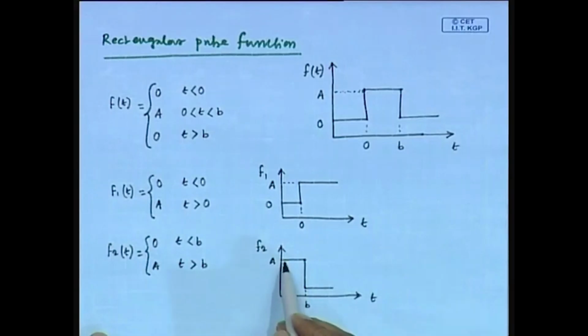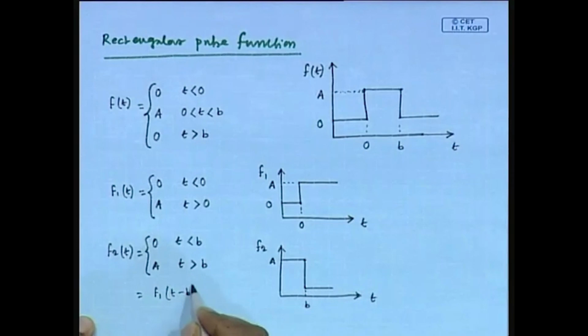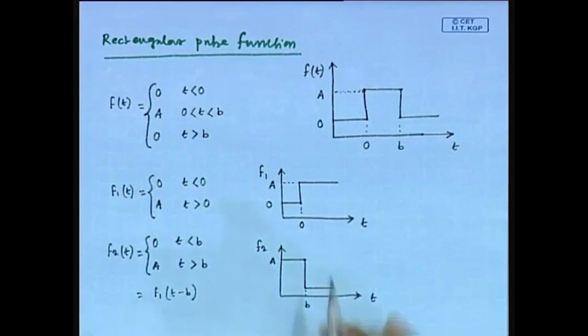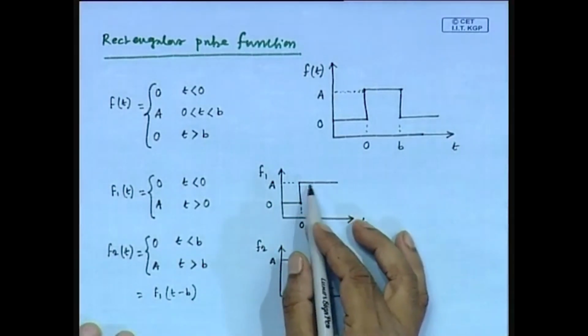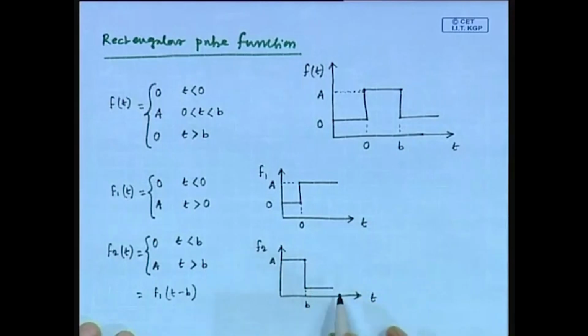Initial value we are considering 0 and this we are considering a. That means this is f1 t minus b. Here we are considering increasing the step. Here we are considering decreasing. Initial value is 0 and this quantity is a. By that way we can write f2 t equals to f1 t minus b, fine. Now, ft is the combination of these two,